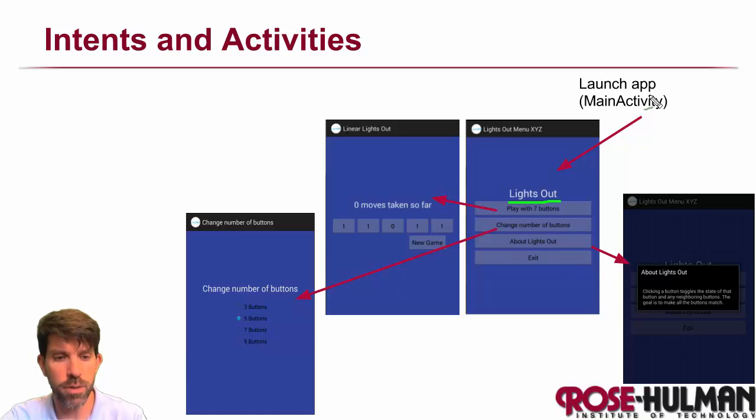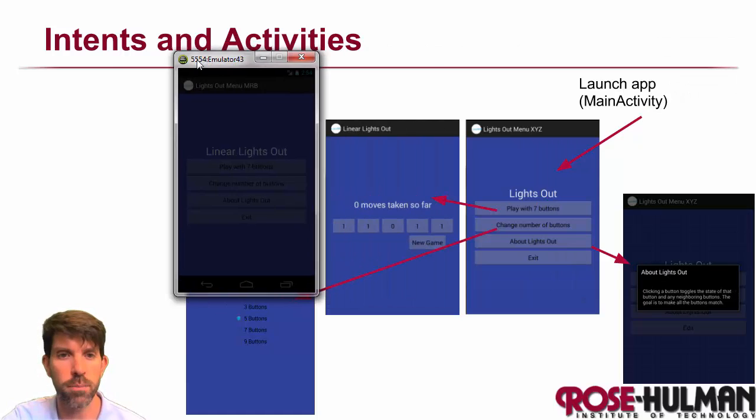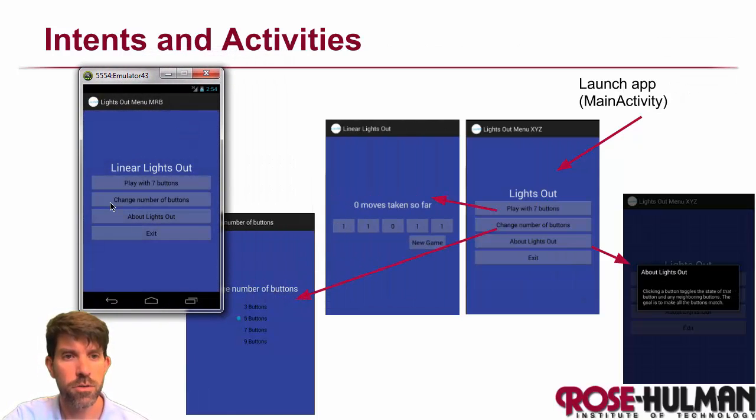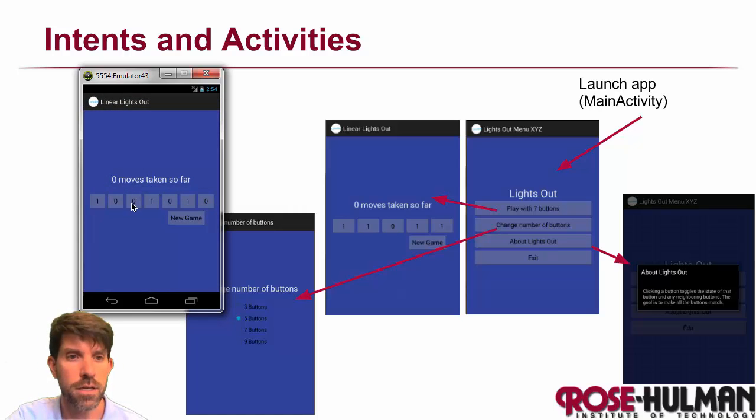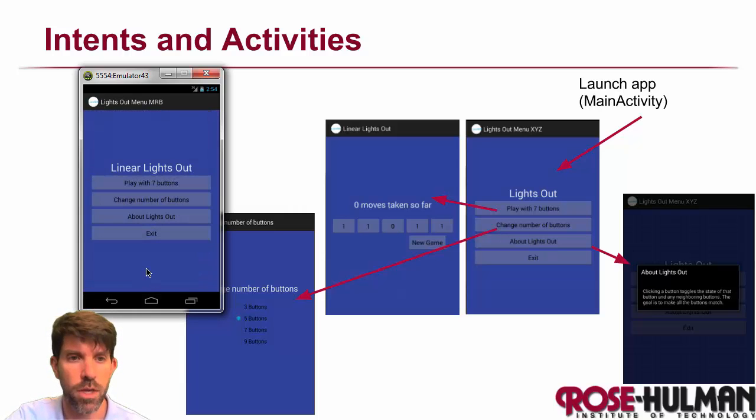Actually, I think probably the best way to demo this is to go ahead and pull it up on an emulator here. If you look over here, we can play the game with our standard 7 buttons, and it's going to count the number of moves that we've taken and check for wins and so on. I can make new games, everything that I could do in the lab. Now let's go back for a second and realize that we have an option here to change the number of buttons. So if I click this guy,